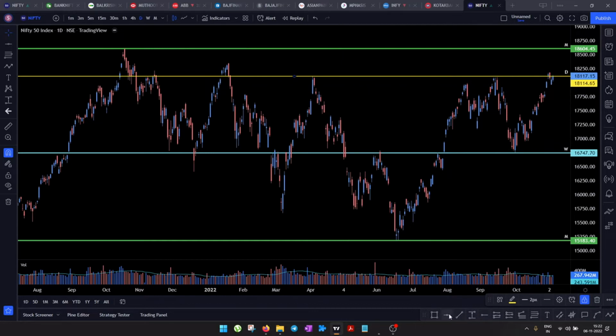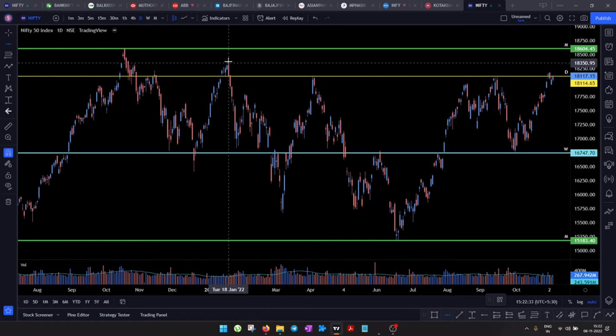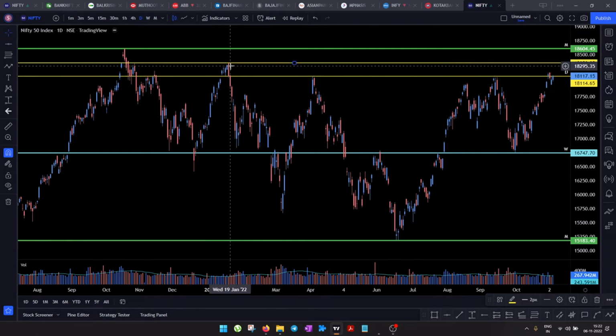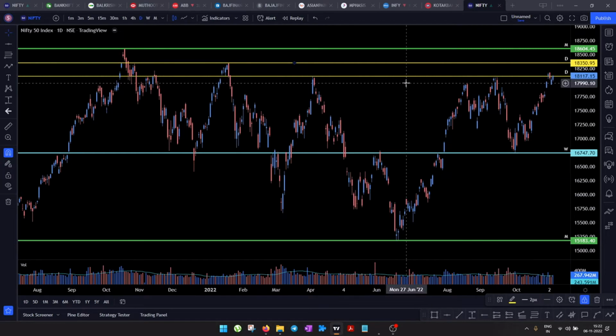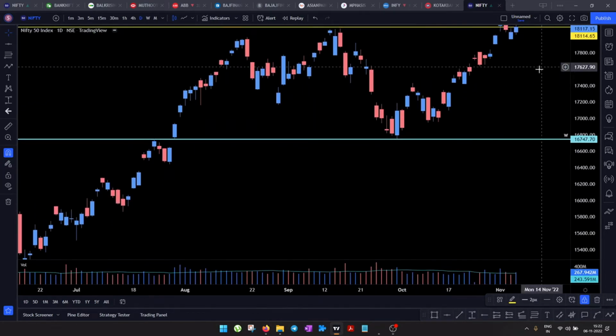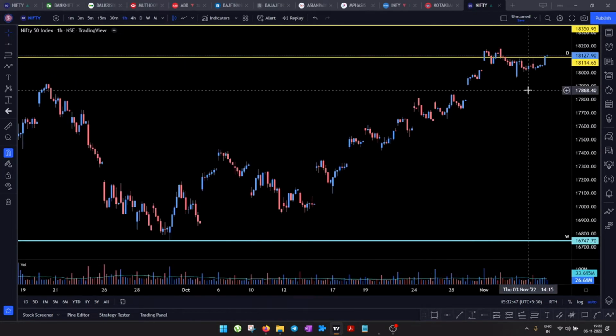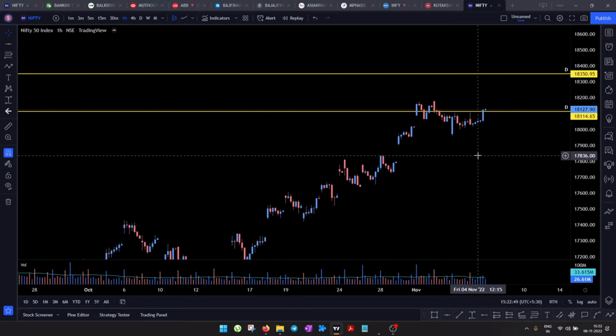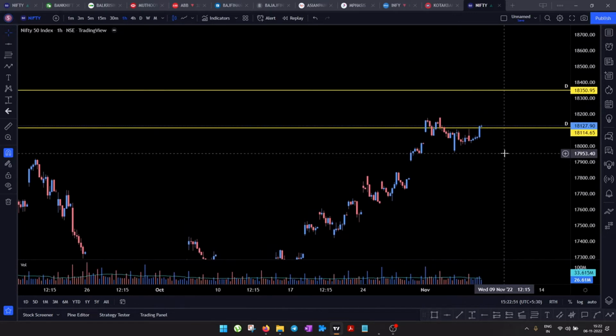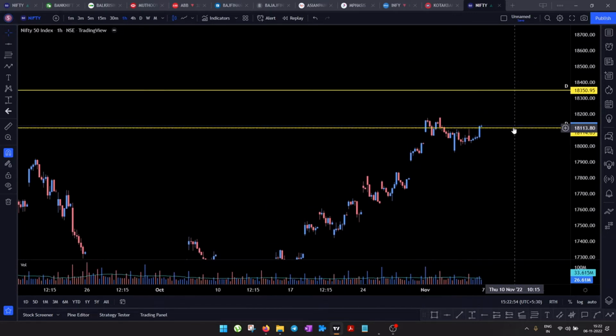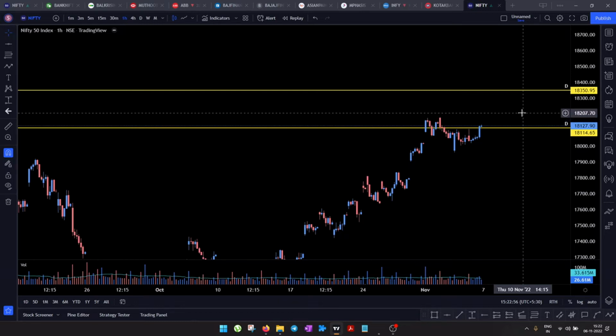So this level, if broken, will be very important, and the market will be stronger from here if this level is broken. And here I can see another level on the daily chart, which is the 18,350 level, and I will just mark it quickly, and then we'll move to the hourly chart to see, right? From what I see here, I think 18,350 should be the strongest supply for the week. I think it should be very, very strong, and the market should not be able to breach it in the week. But you never know, right?